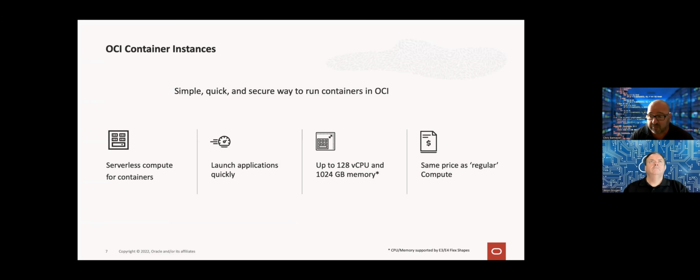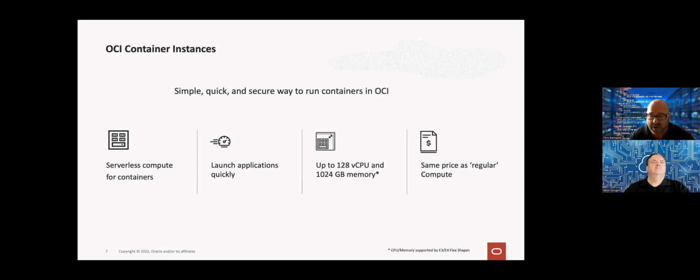The container instances basically are built like we would build a VM, but with a couple of differences in that we can now launch these containers using our own images. Like a container image that you would create within OCI, we have the functionality to create these serverless compute instances using our own images or images that we can download from any external repo that you want to use.